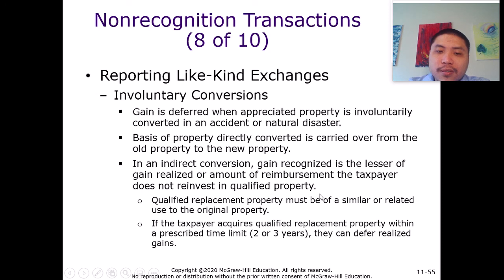So that means if the taxpayers invest 100% of the cash received from the insurance company to buy a qualified property, that means they may not have to recognize gain, right? All right, so